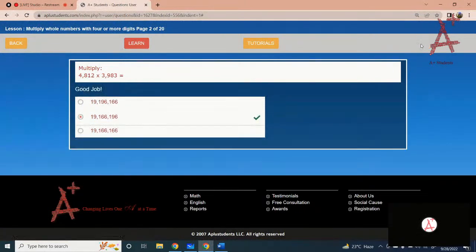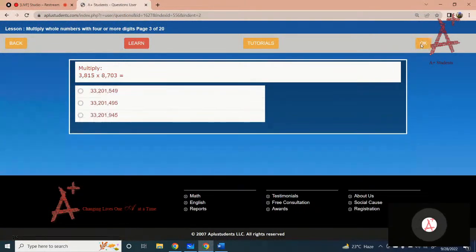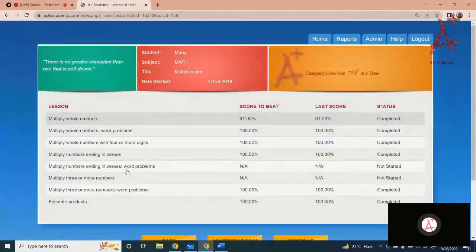Got it? So you can complete the test right after this session. I am moving on to the next lesson. Just click on the back button so that we can go on to the next lesson. Got it? Okay, the next lesson is